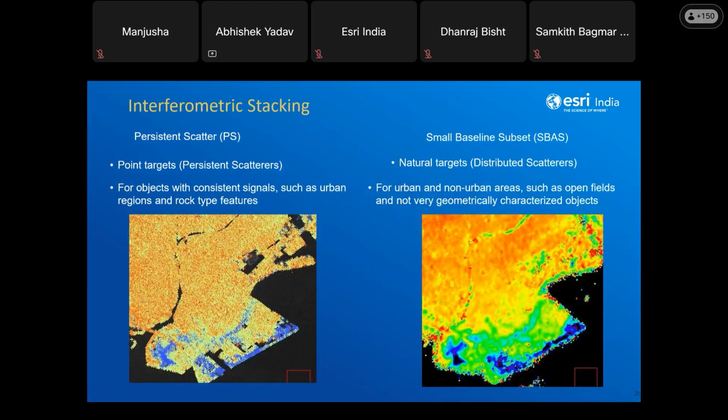Interferometric stack. So moving on to the same concept and to a different ancillary module of SARscape, which is interferometric stacking, where there are two kinds of tool available. The first tool is PS, which is persistent scatterer, and the second tool is small baseline subset. So PS is for interferometric stacking toolbox